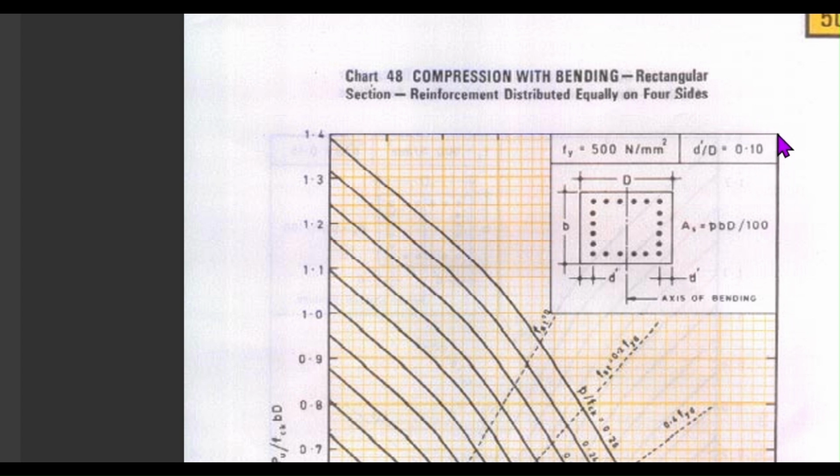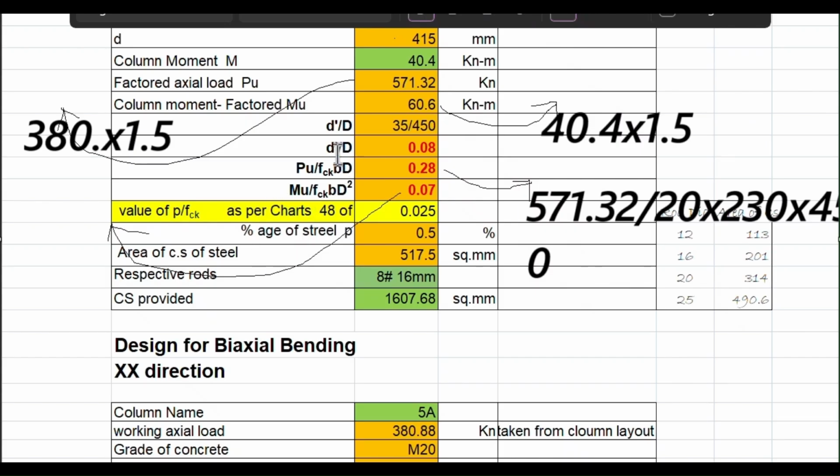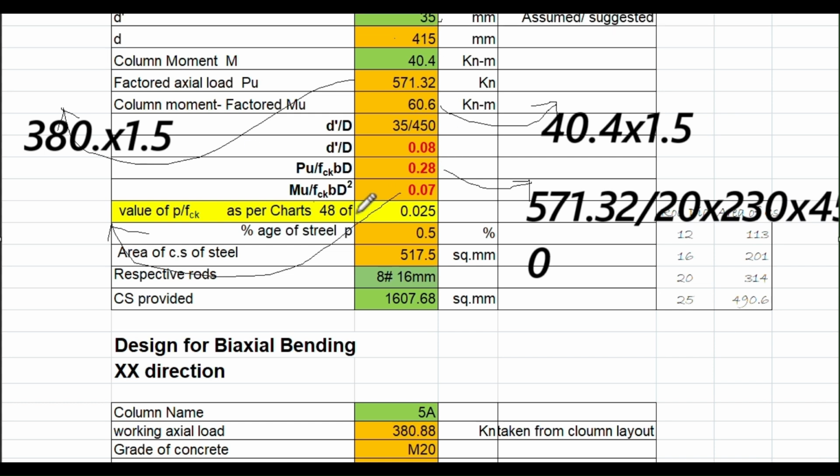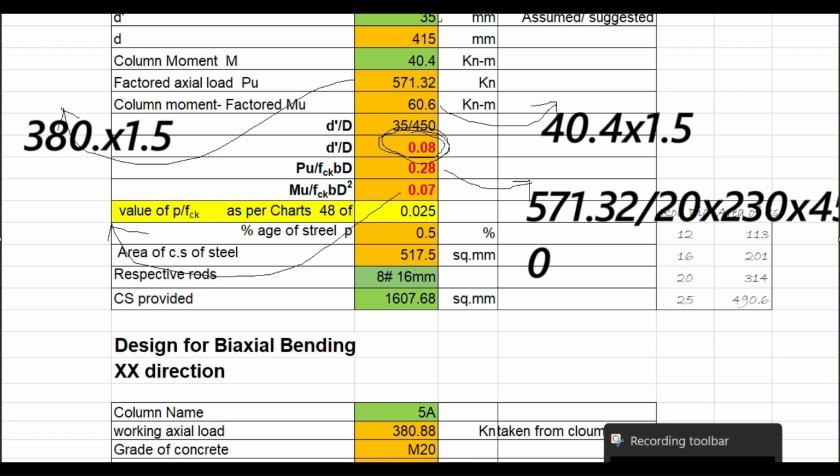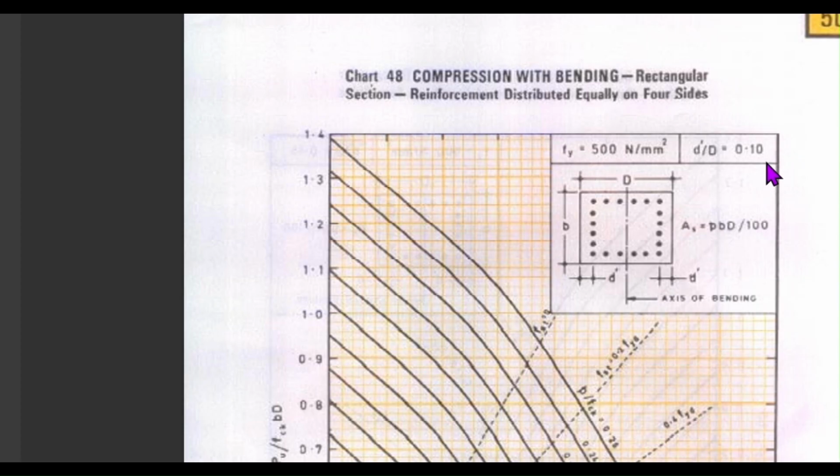This is the chart for Fe 500 and d dash by d equal to 0.1. D dash by d in our section is this much. This is the d dash by d value. For this we are going to use this chart. The d dash by d value is 0.1. This is the nearest value, so we are going to use this Fe 500 chart. Okay, then here